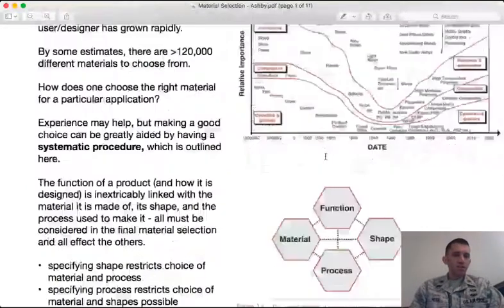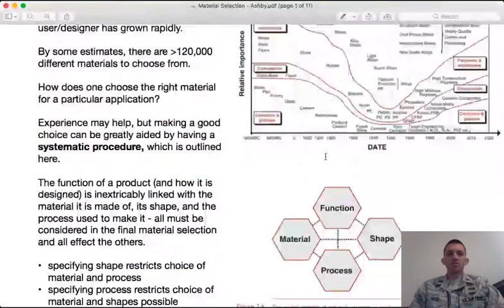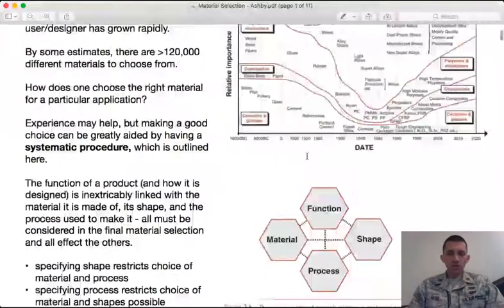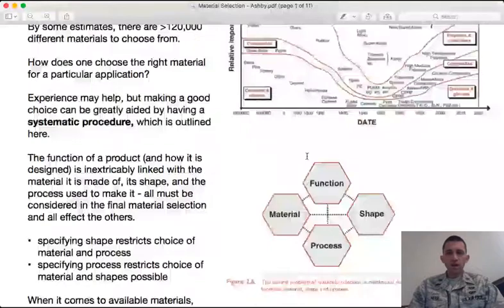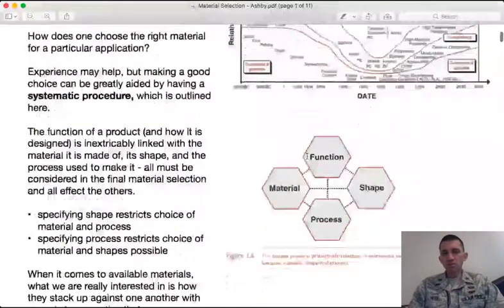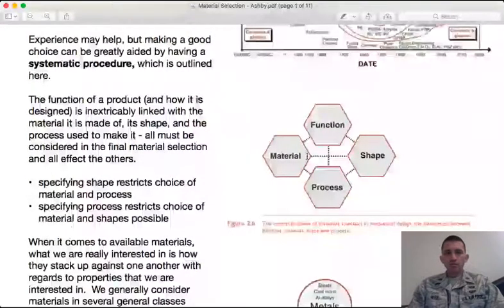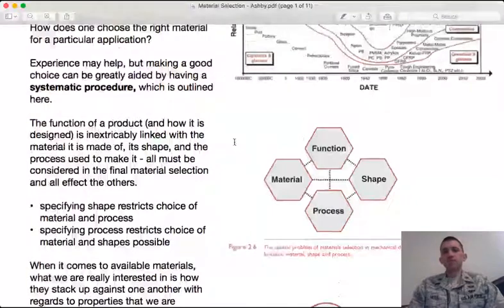And so how do you go about choosing the right materials for your application? Oftentimes you can rely on past experience, previous testing, or previous generations of the same product. But if you're starting from scratch with a brand new design, you might have your design space very, very